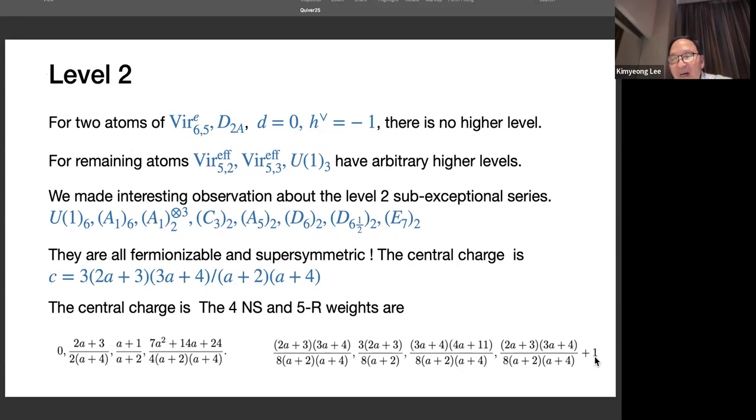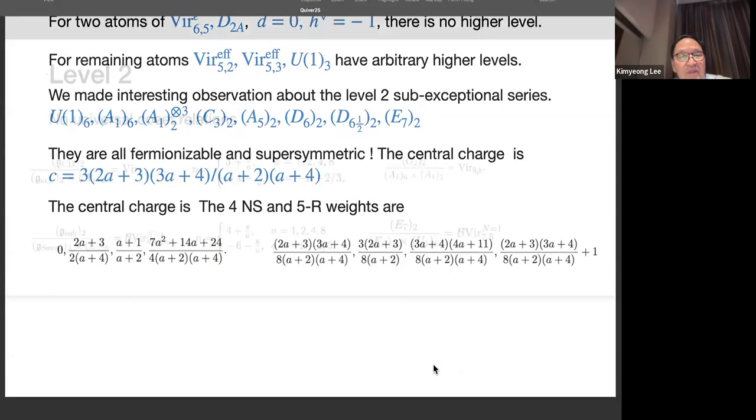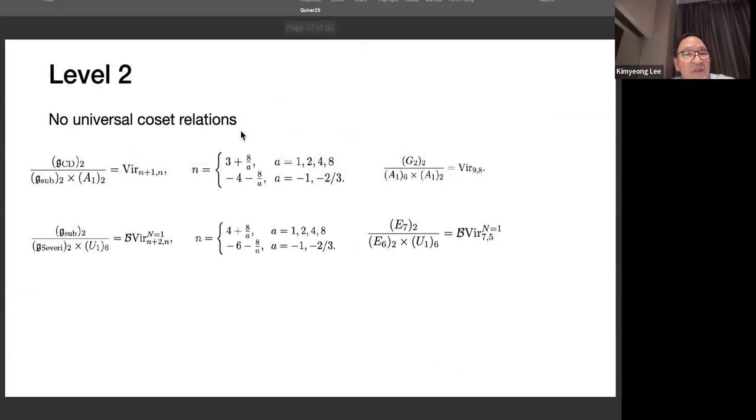And the RR character is 1, which means the RR Witten index basically is equal to 1. So supersymmetry is preserved. And then these will be RNS characters and RR characters. And so not only, but there is no uniform relation between cosets except a series that we found. So this again,